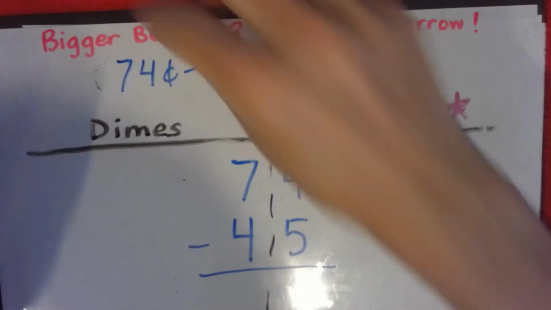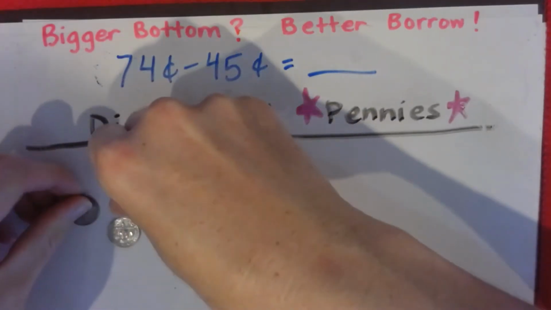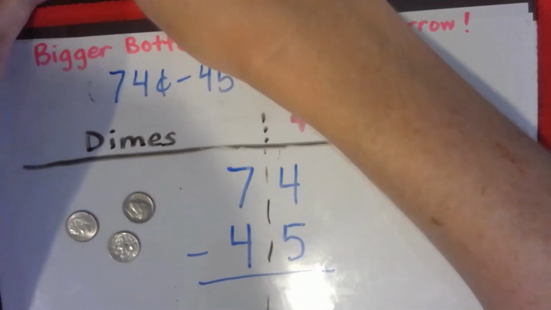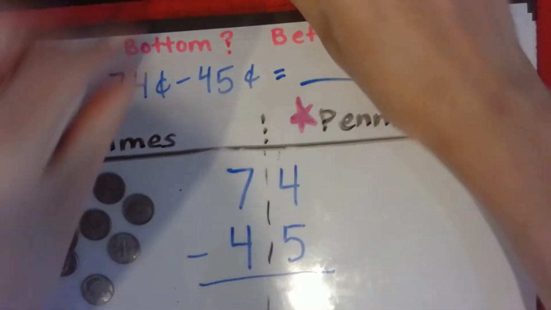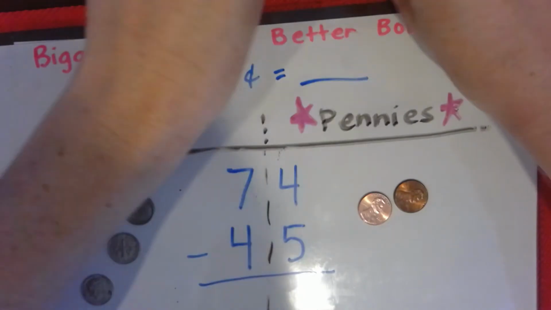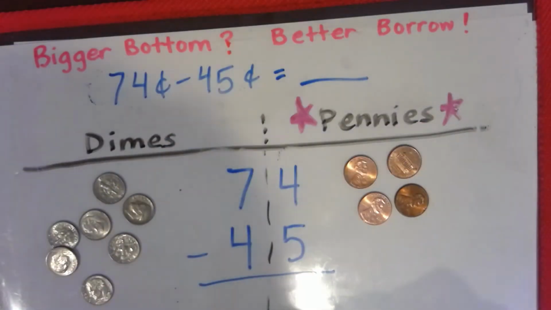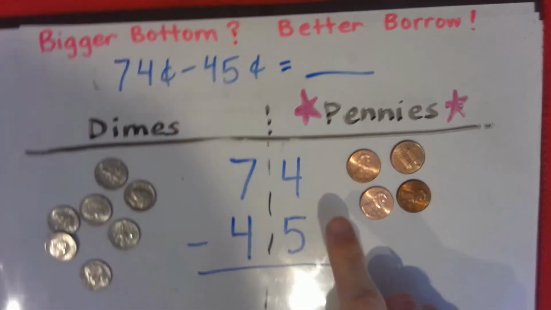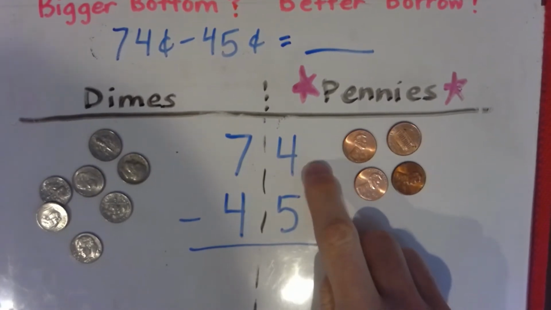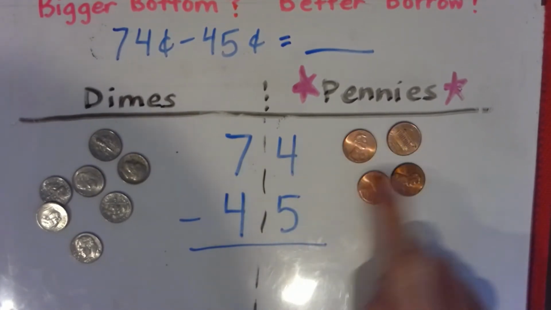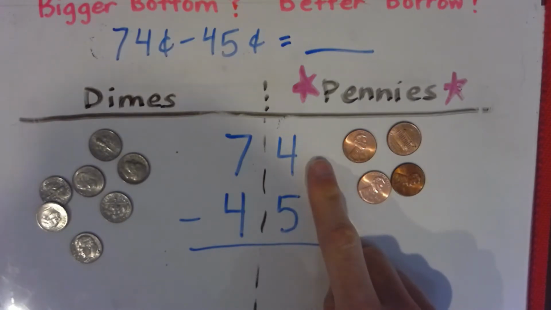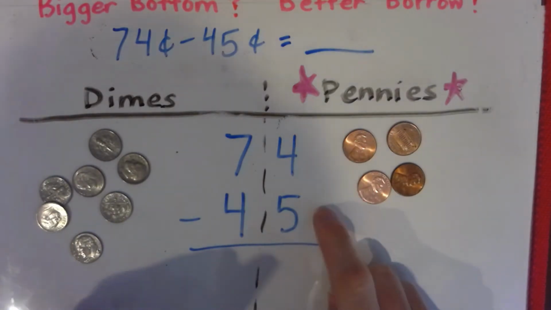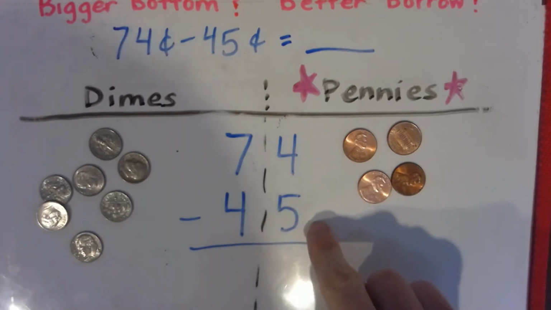Now let's solve. What I do on this page, you can do on your page. So we have 74 cents. I'll show it to you with dimes. 7 dimes, 3, 4, 5, 6, 7, and 4 pennies. 1, 2, 3, 4. So we always start with pennies. If we have 4 pennies, can we take 5 away? Do we have more on top? No, we have more on the bottom. If we have a bigger bottom,